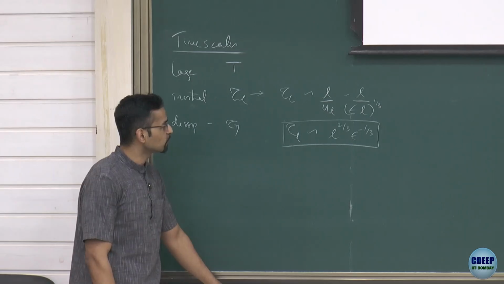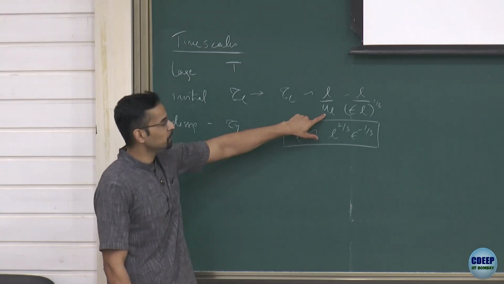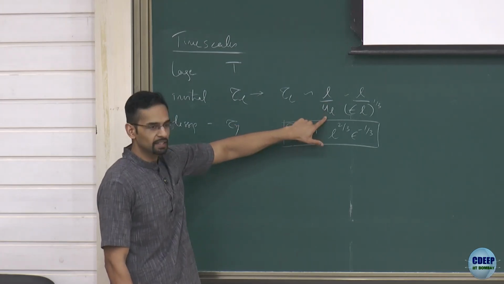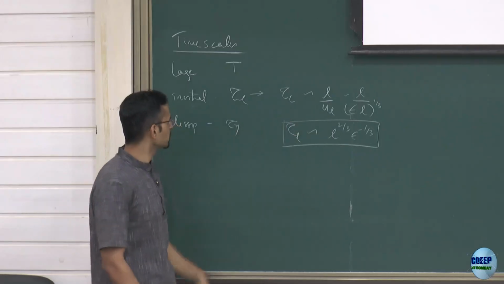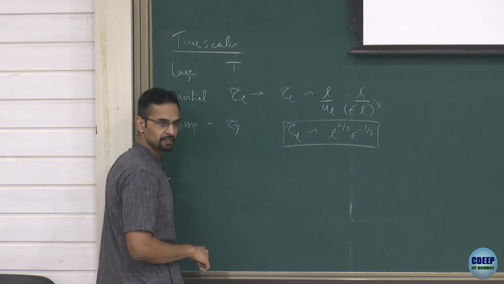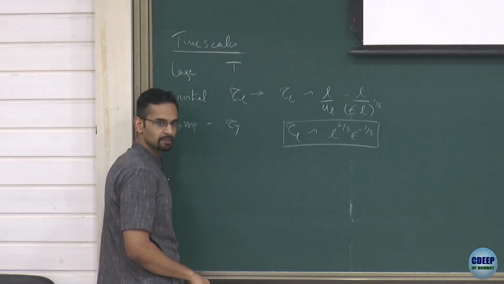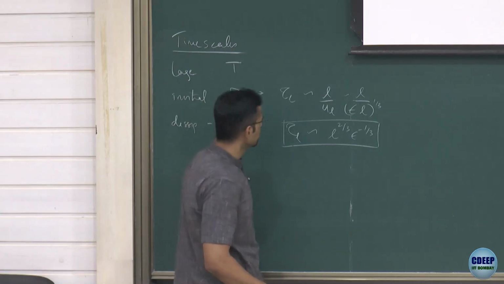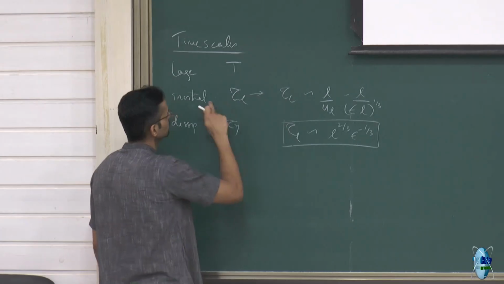If my flow was smooth, like a laminar flow, that means if U_L is proportional to L, then the L will cancel. Right? That's what will happen in the dissipation range. And tau_L in the dissipation range will be a constant, right? Which is just tau_eta. That's why I put only tau_eta there. Okay? So the variation happens only in this inertial range.